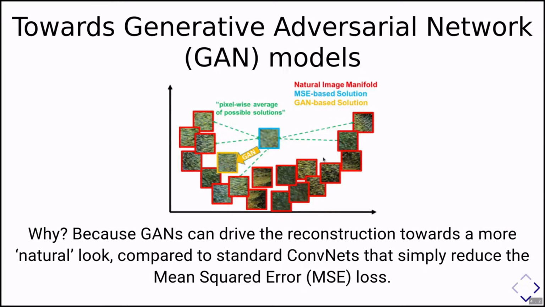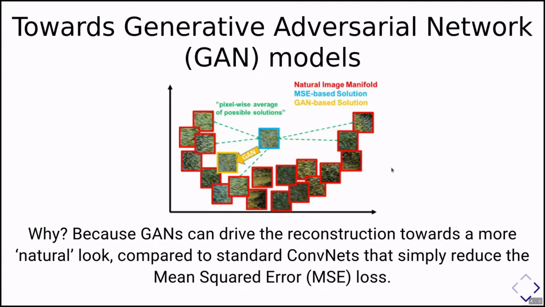So you've heard about GANs before, but I'll go through this quickly. The idea of a GAN is, instead of having a standard convolutional neural network produce a single mean squared error-based solution, so this blue box in the middle, which is quite smooth looking. So this is pictures of, I think, a fur of some animal. Instead of having this smoothed out appearance, so you can have a high peak signal noise ratio, or a high PSNR value. But again, what we actually want is to get those textures. The texture, in this case, is of the animal, but we can also imagine, if you want the texture of topography, then GANs are one way to reconstruct that sort of natural